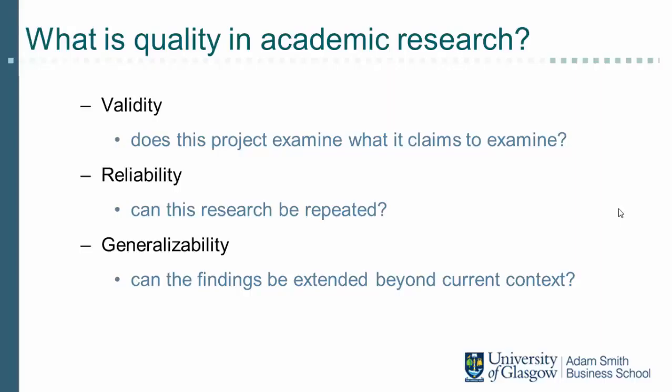The second aspect of quality is reliability, and reliability is demonstrated where enough detail is provided to repeat the study. A piece of evidence is reliable when the results can be replicated. The term is commonly used in relation to the question of whether measures that are devised for concepts are reliable or not. But in a more general sense, reliability relates to replication, and replicability concerns the extent to which the study can be repeated. This is evidenced by the breadth and depth of detail concerning all the employed procedures.